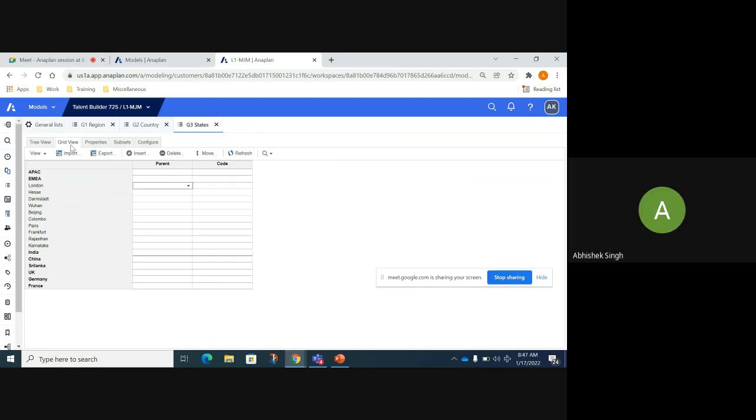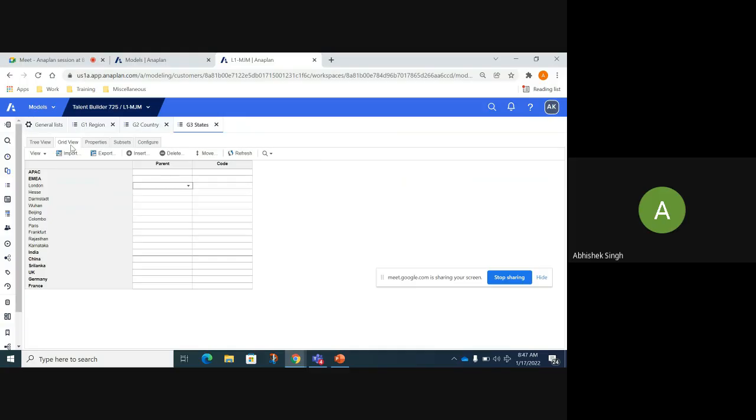So you have maybe the G3 states lying with you. Now there could be different sets of other information related to these G3 states. What information could it possibly have? If you just want to store the population, the ethnicity, the dimensions, the best resources, and all that further information related to it, all that you can observe under a grid view. So grid view is showing you a view of the metadata of the members.